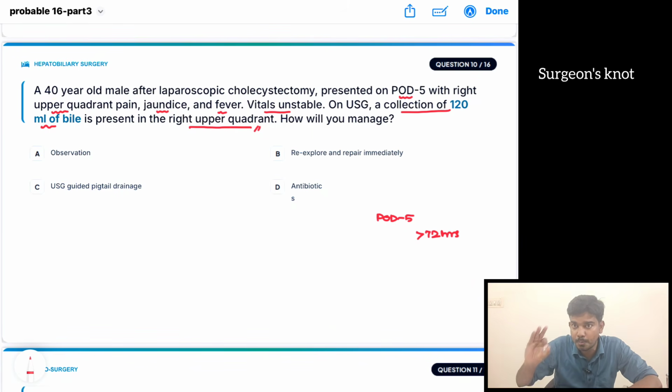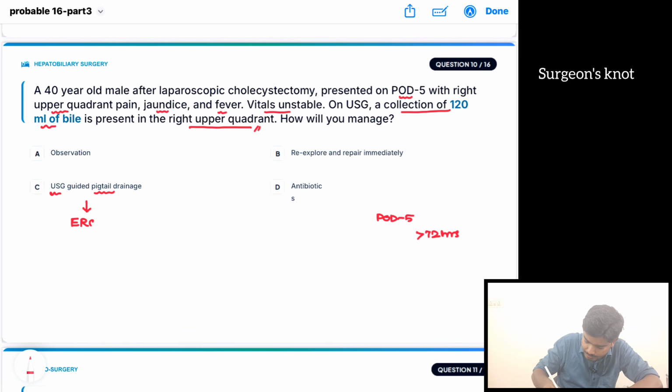Plus the collection is more than 120 ml. If it is less than 75 ml, we can observe if the patient is stable. Here the patient is unstable also. The collection is also more than 120. Patient is presented to us also after 5th day. So we are going to do an ultrasound guided pigtail drainage, followed by, அதுக்கப்புறம் patient stabilize பண்ணதுக்கப்புறம் we are going